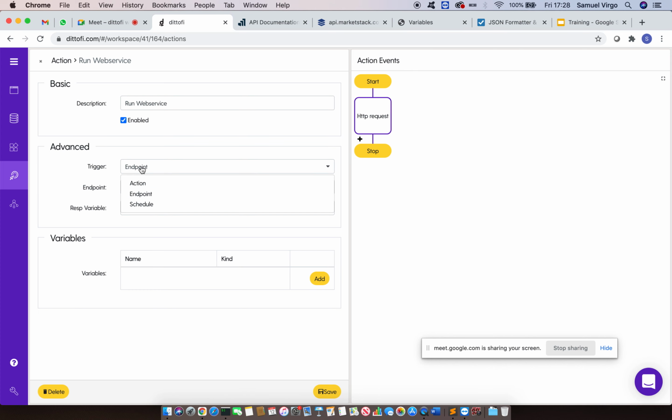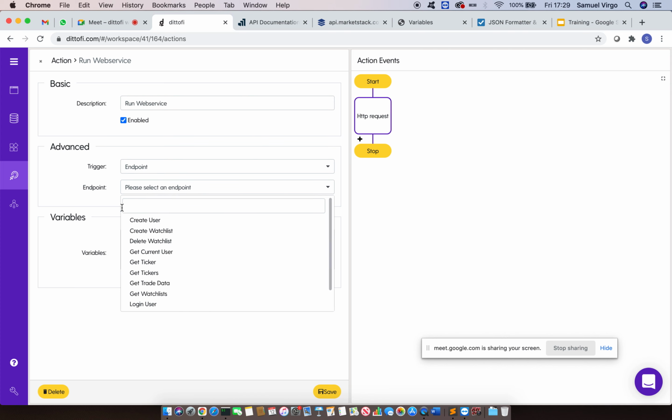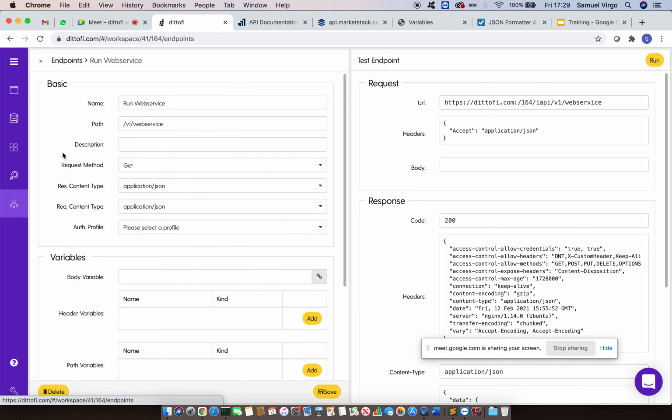So for example, you could set this equal to schedule here, and then you could set this action up to run on a schedule. So we could set it so that it ran every minute, every 5 minutes or something like that. Alternatively, as we had here, you can set the trigger to endpoints. And what this means is that we can run this manually, basically by clicking a button from the front end of your system. So if we just leave this page for 1 second and step down into this page here,